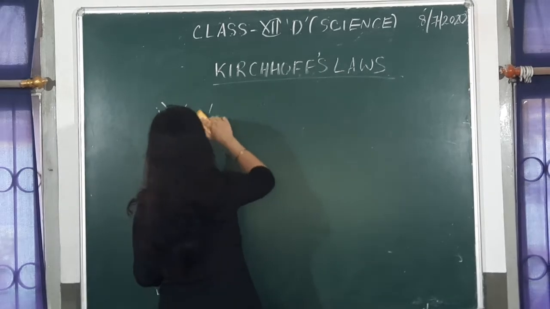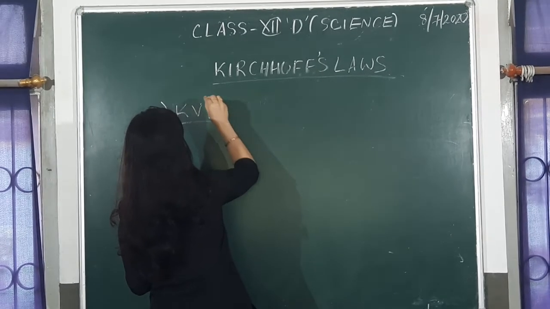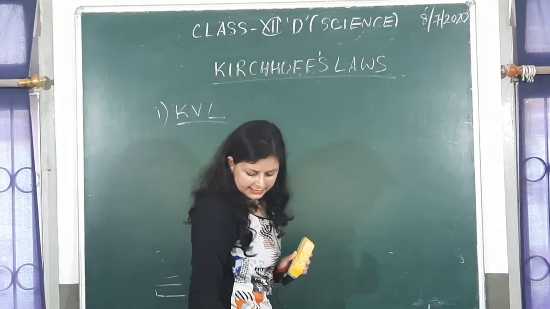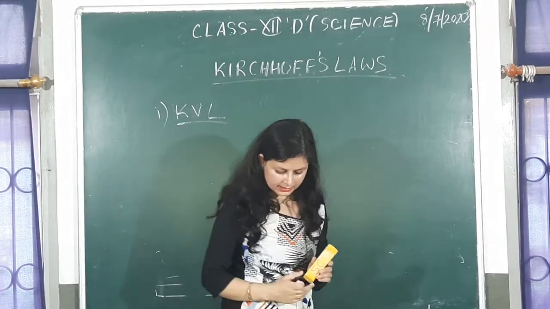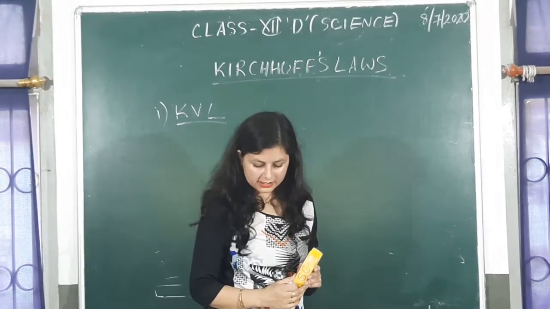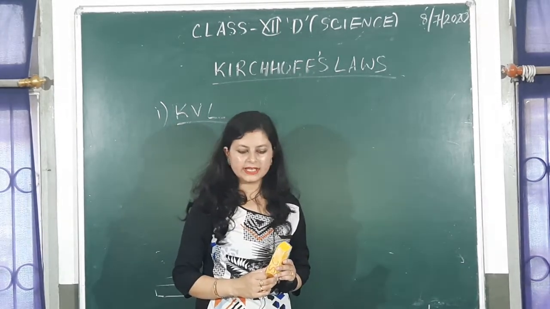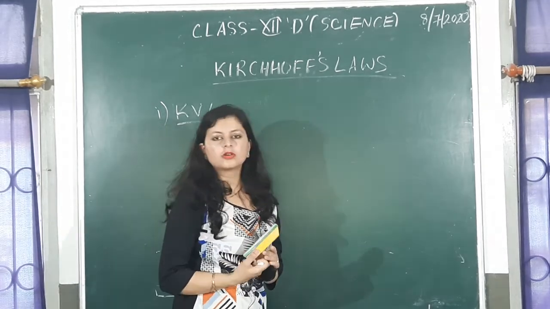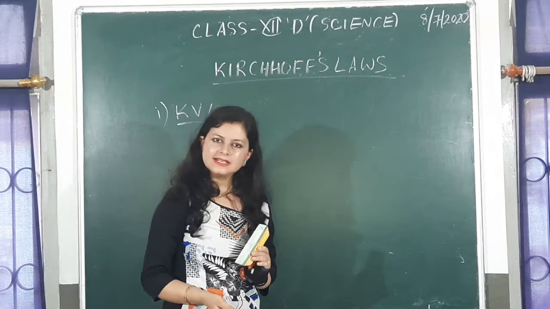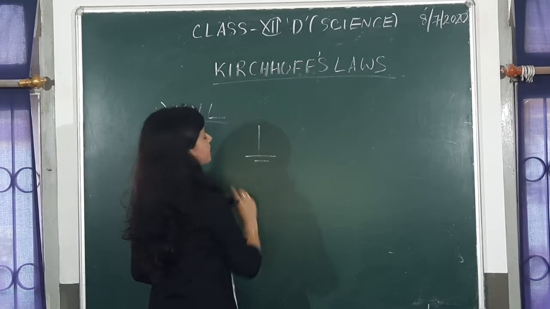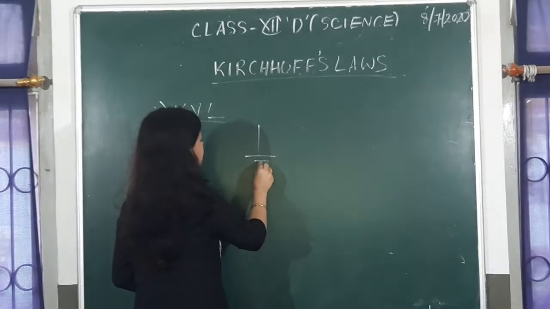We will move on to the second law, that is Kirchhoff's voltage law, also called the loop rule. It states that the sum of potential difference, that is the voltage drop across all the circuit elements along a closed loop, is equal to again 0. Suppose you have a loop. Loop is a closed circuit, alright.